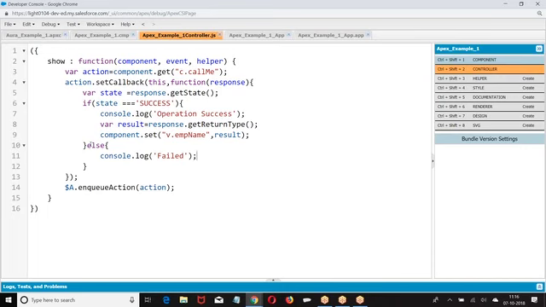Everyone is good with this format? Hi, Satish. Yeah, go ahead. I have a couple of queries over here, at line number 4 and line number 14. In line number 4, we have used a callback function, right?